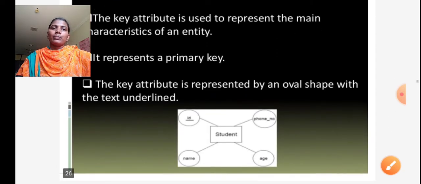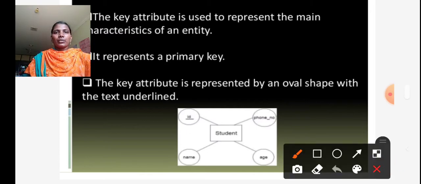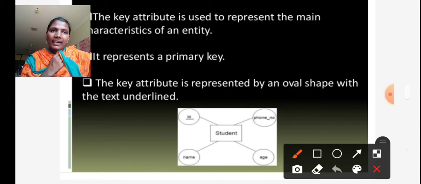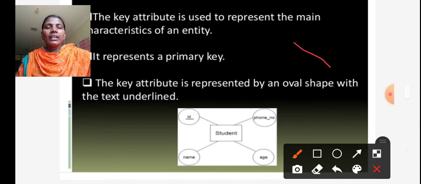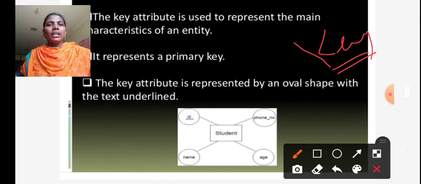Next, the types of attributes. Different types of attributes are present in an ER model. The first one is the key attribute. A key attribute is nothing but a primary key attribute.